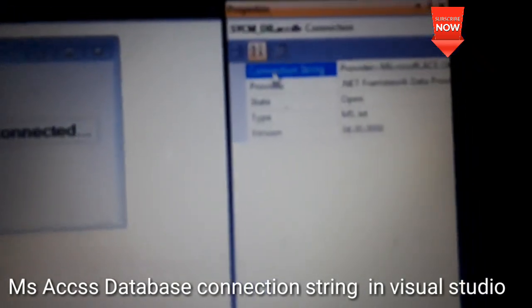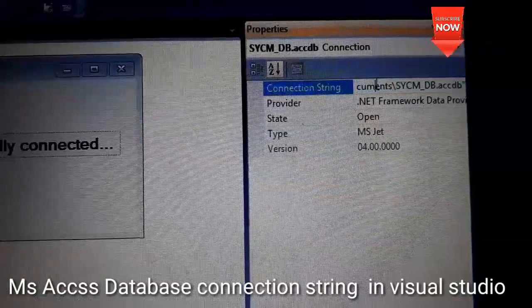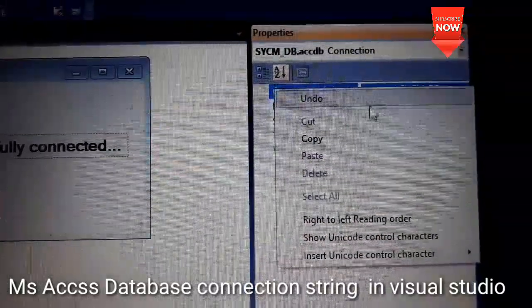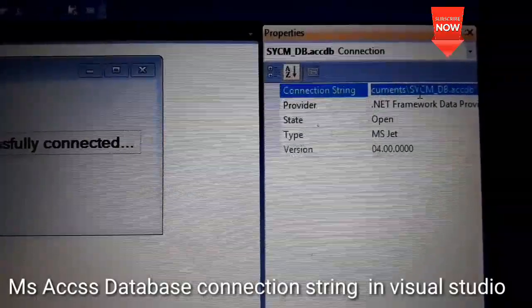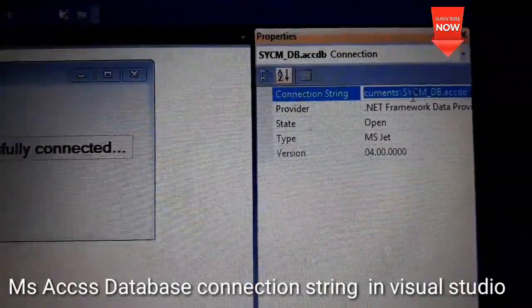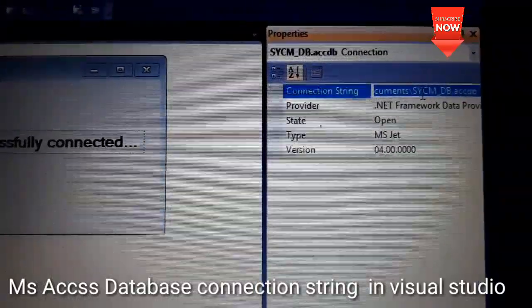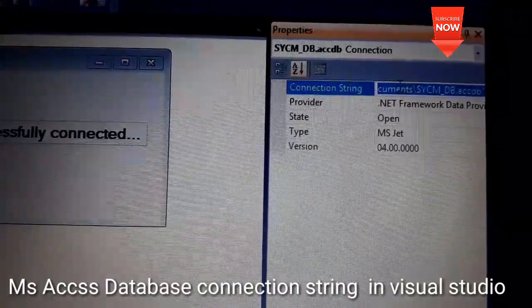Here the option is already provided, that is Connection String. Just double click here, and right click, copy. This is our connection string. Connection string means our created database is located at a particular location. This is the connection string, and I have copied it.